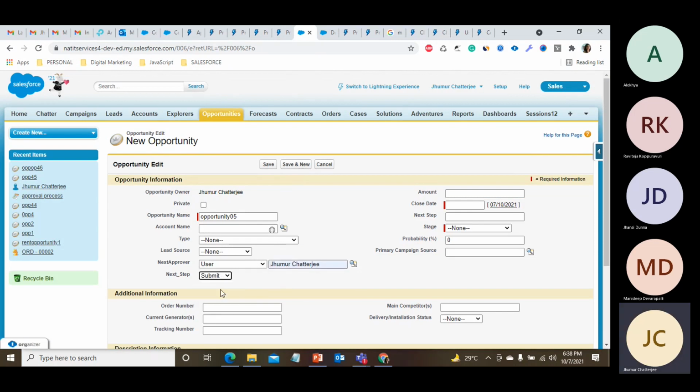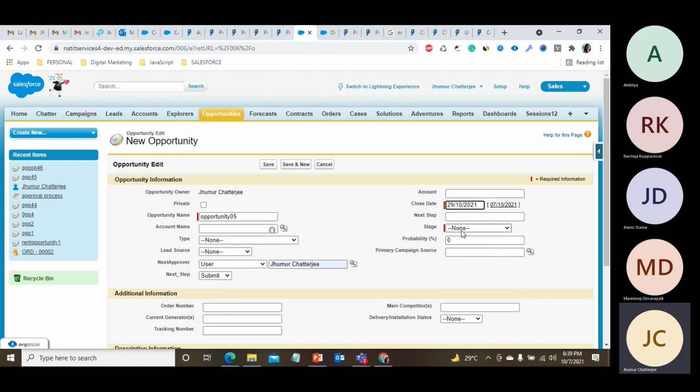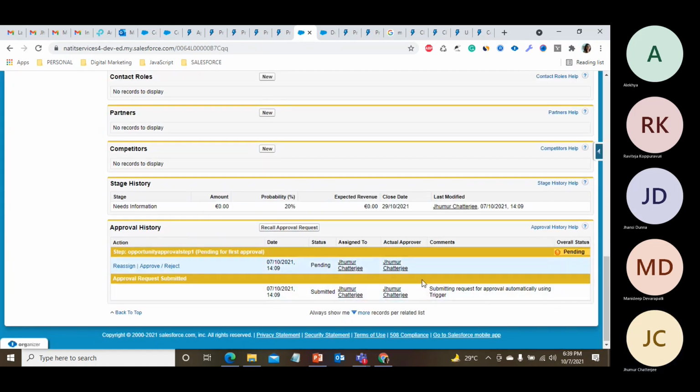Next steps, first I'm doing submit, close date, twenty-ninth, stage needs information. Save. Yeah, it automatically comes in there. I don't need to click any submit for approval button.